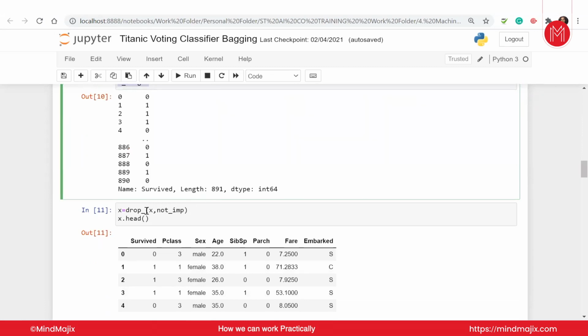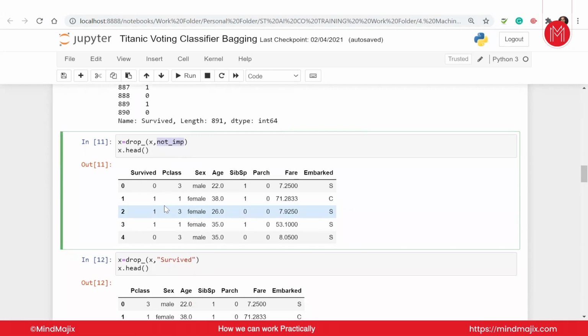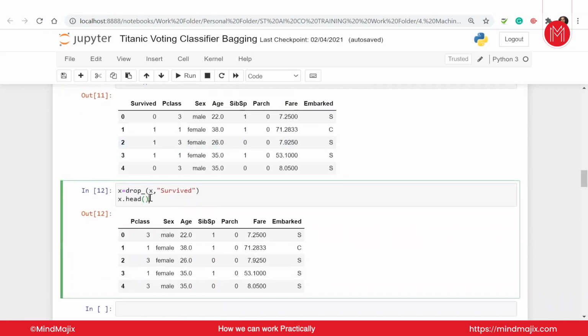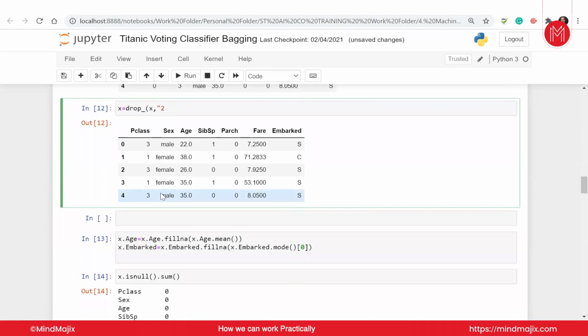I've given X, that is my data frame, with the survive column and the not-important column list, and this will drop all those columns. This is the result that I'm getting at the end. After dropping the above columns, I get X. I'm dropping the survive column from this too because I don't want to keep it in the independent data. I have separated the independent data from the dependent data.